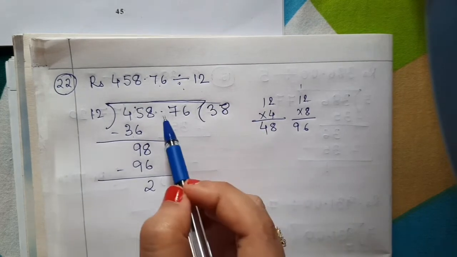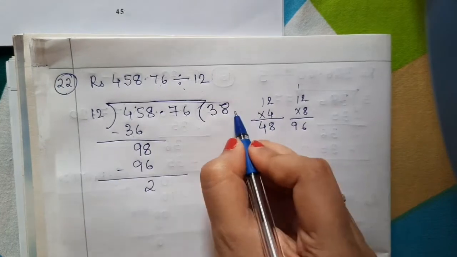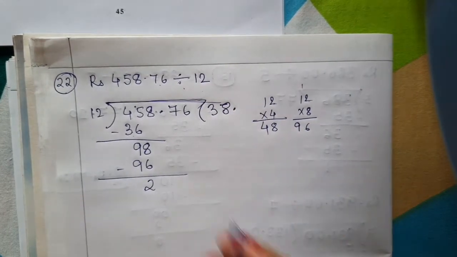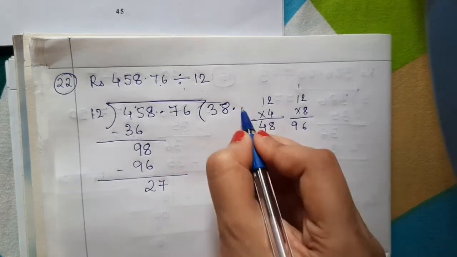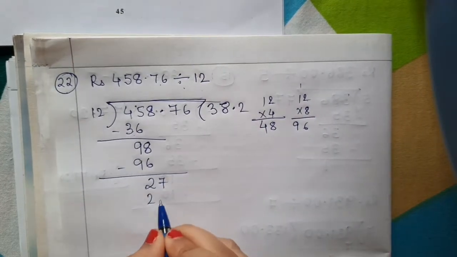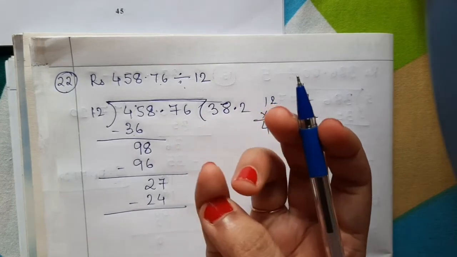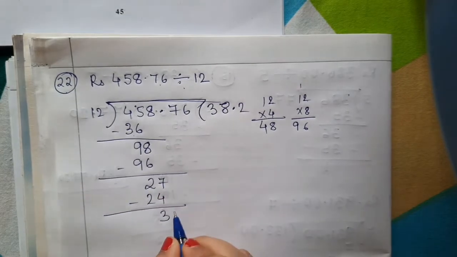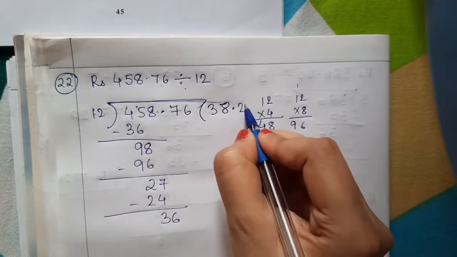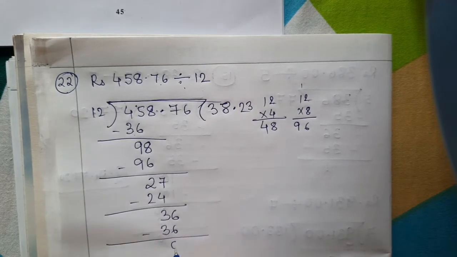Very good. Now what is there before this 7? There is a decimal. What do I have to do? I have to take this decimal and put it here, decimal here. Right? Now bring the 7 down. 27. Now 12 2s are 24. 24, 25, 26, 27, 3, and this 6 will come down. So 12 3s are 36 minus 0.